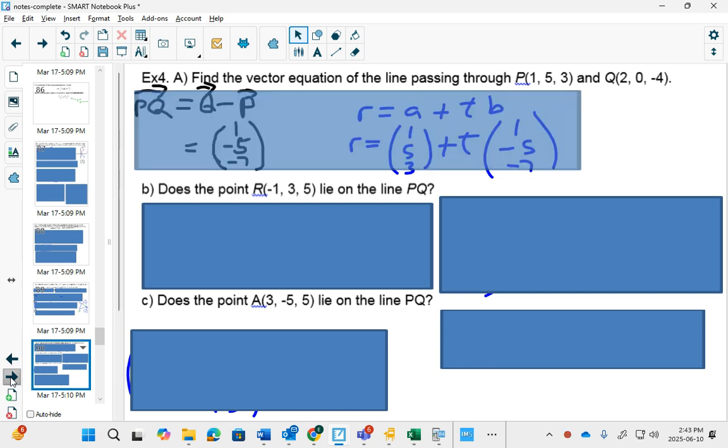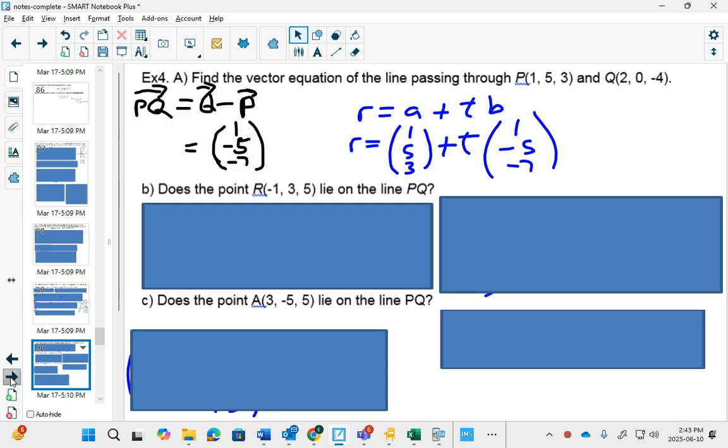However, it's just as simple in 3 dimensions as it is in 2 dimensions for the vector equation of a line. You just have any point that you start with. So it goes through (1, 5, 3), also goes through (2, 0, negative 4). You could use either one of those for A. The direction vector, well, if you go from P to Q, that's just Q minus P. Again, if you ever forget how to find that,